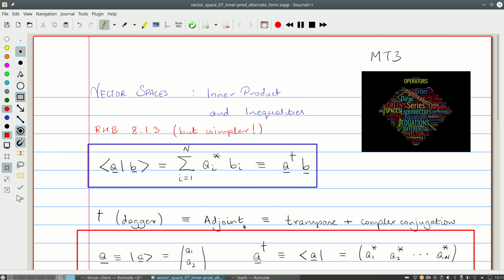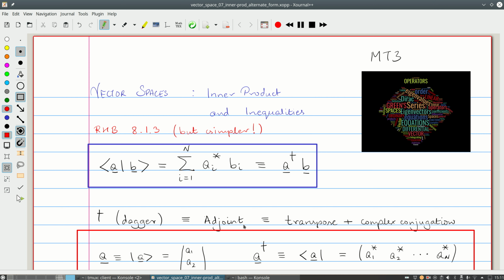Hello again to MT3 in vector spaces. In this video, I'd like to show you some more ways of looking at the inner product, of writing it down, of understanding what it is, where we will look at the link between the inner product in its formal form and how it relates to Dirac's notation, and give you a more practical way of computing the